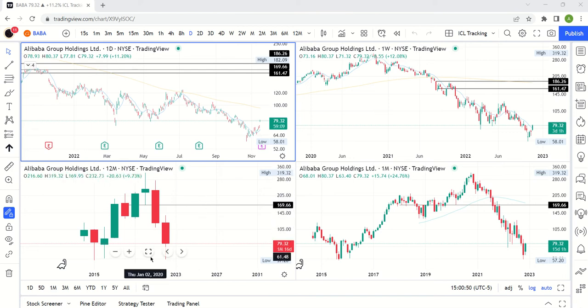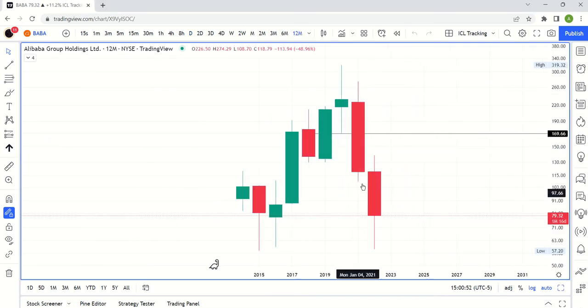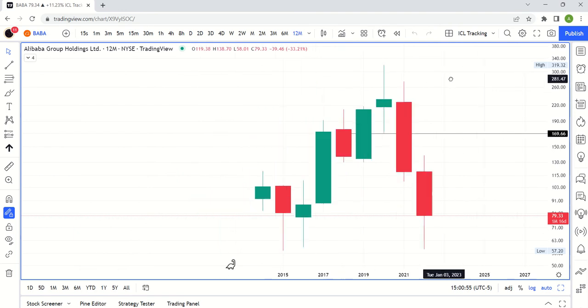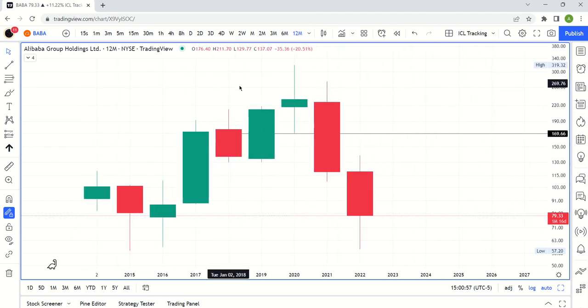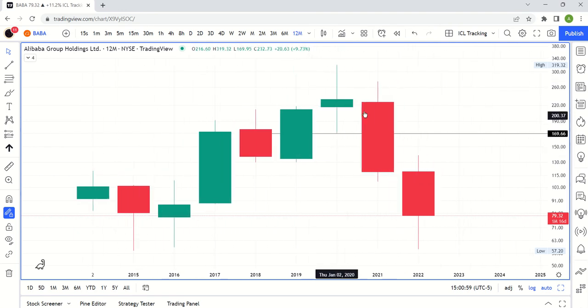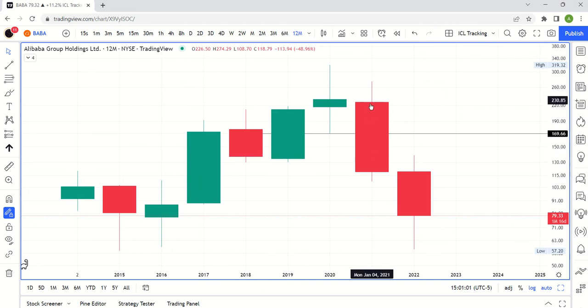This one has been going lower for quite a while. We topped out in 2020 actually. And so this is your annual chart. We'll start there as we always do. Each candle here is an entire year of price action, so this gives you the big picture trend. This goes back to 2014 when we IPO'd, and this candle, of course, is 2022, our current candle,